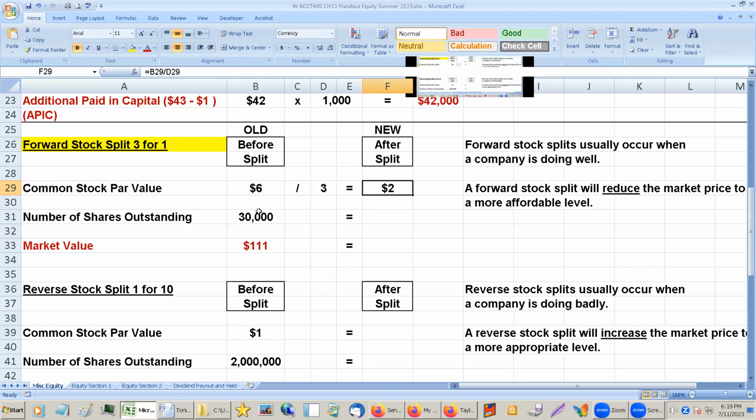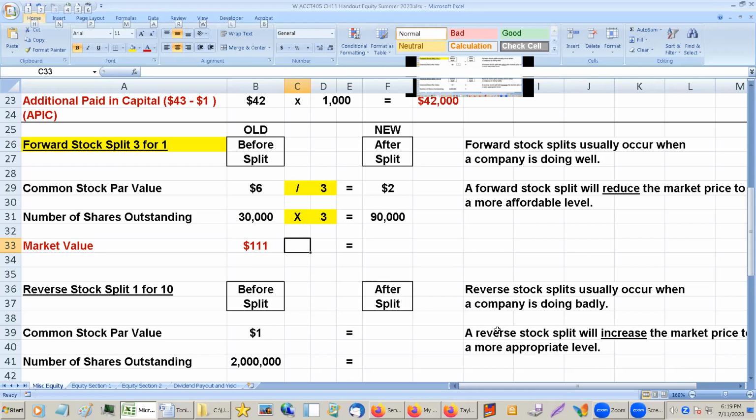Number of shares outstanding. Each one of these old shares is going to become 3 of the new. So we're going to multiply. $90,000. And the market value is going to go down by